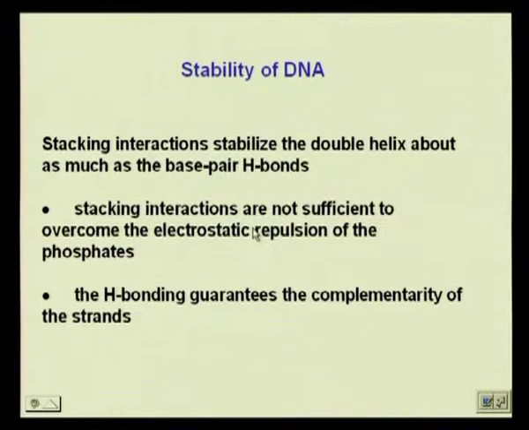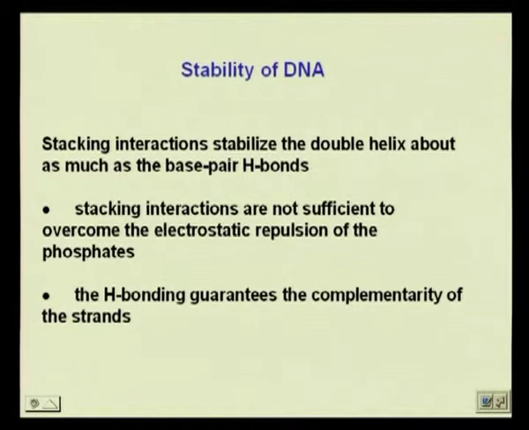The stacking interactions are not sufficient to overcome the electrostatic repulsion of the phosphates. So, the phosphates will remain as far apart as possible, that would be stabilized by some positively charged divalent ions or polyamines,